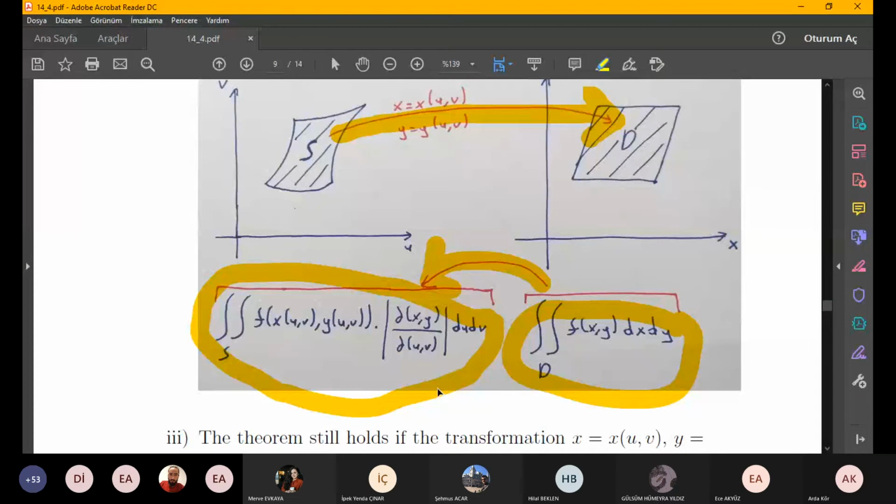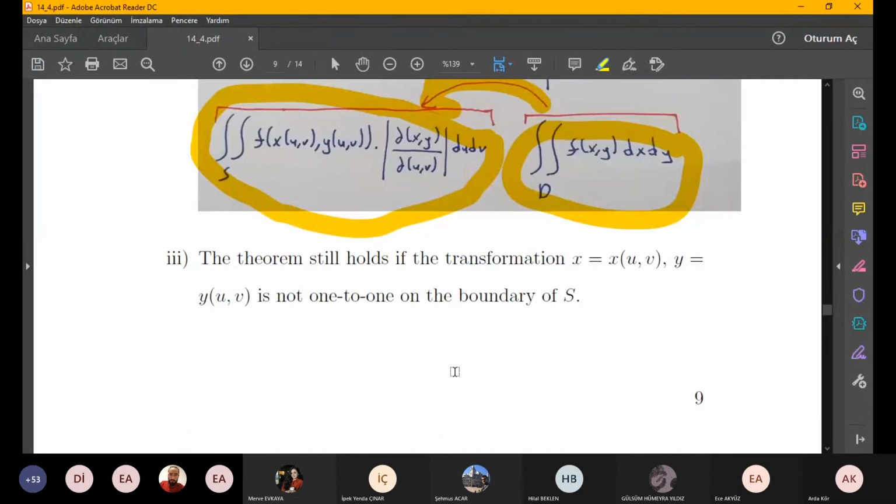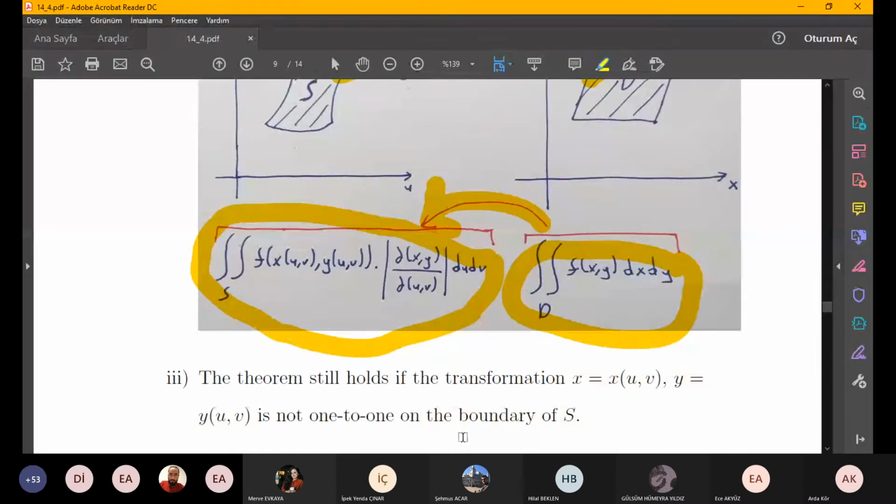And the theorem that we had seen still holds for the transformation on the boundary of S, even if it is not one-to-one there, because, okay, let's say again here on the sketch,